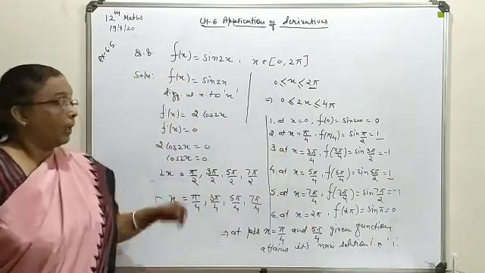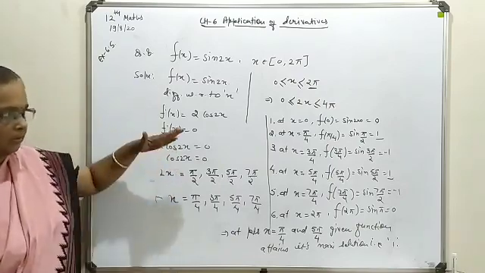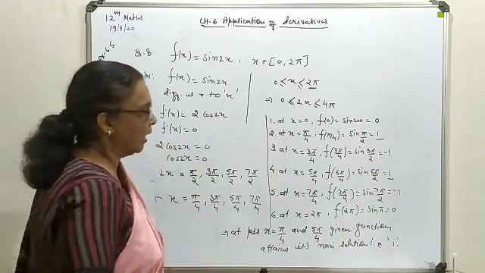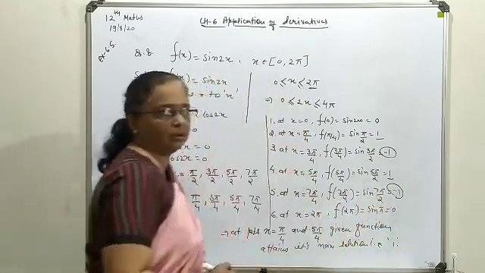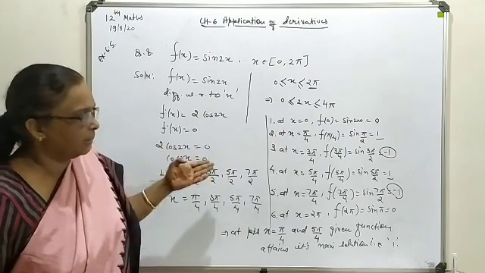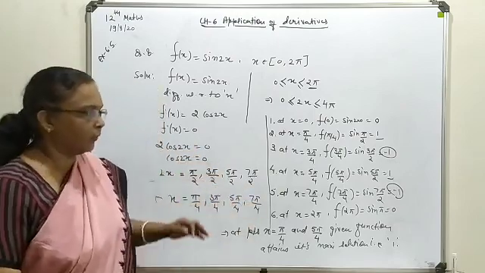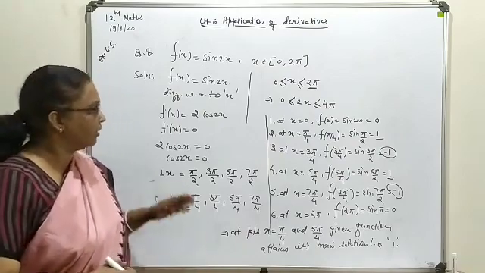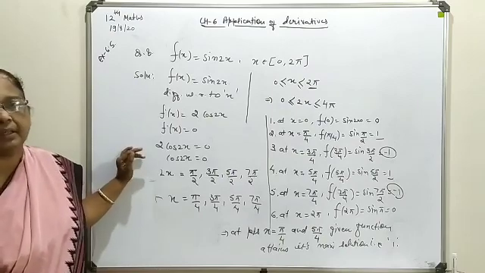Here the minimum solution can also be asked to you. So with the remaining two combinations, which refer to your minus 1 and minus 1, these are the minimum solutions you can say. So at x is equal to 3 pi by 4 and at x is equal to 7 pi by 4, you attain the minimum solution. So this is also one of the important forms. This type of question may be asked to you.